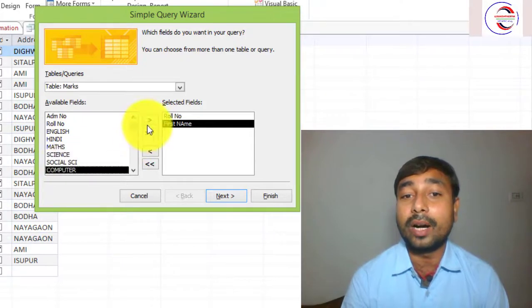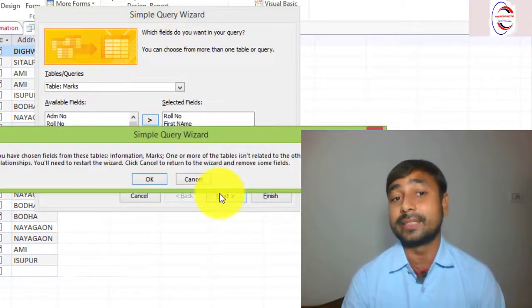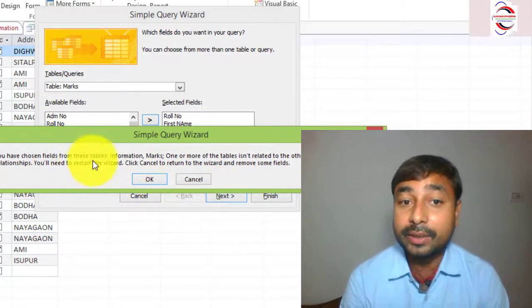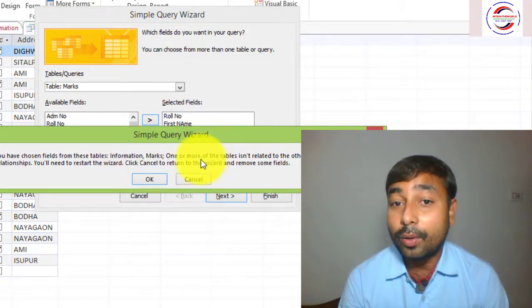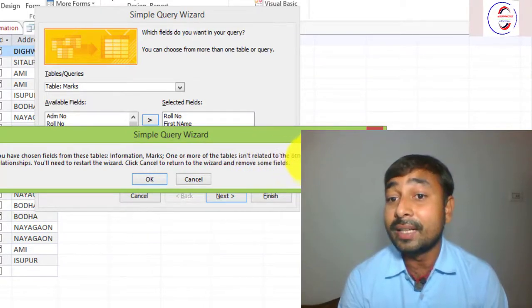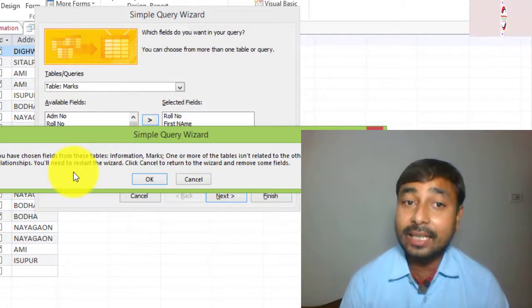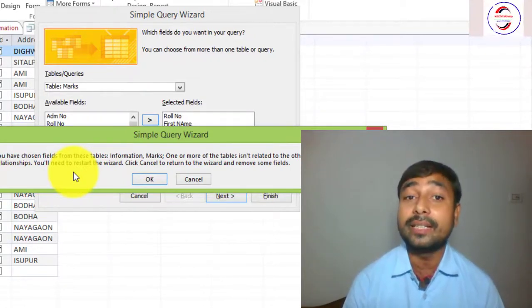When I click next, I get an error message. It says that you have chosen fields from these tables, information and marks. One or more of the tables isn't related to the others. Click OK to edit the relationship. So it is saying that the two tables which we have created are not in a relationship.